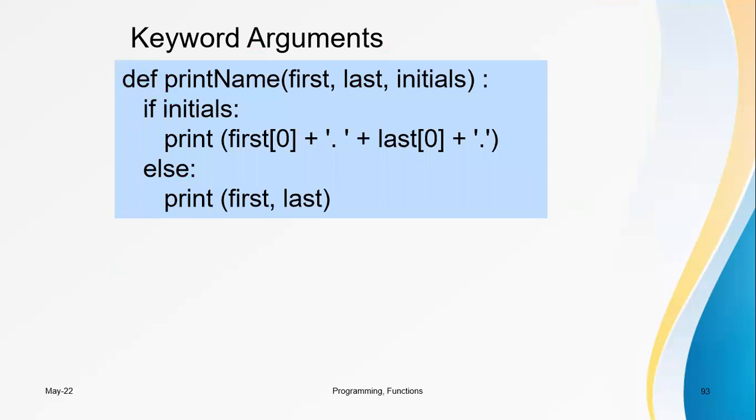Okay, let us go a little deeper into functions. Here the definition name is print name. The order of arguments is first name, last name, initial. I want to print the name. How? Print